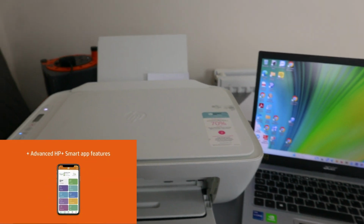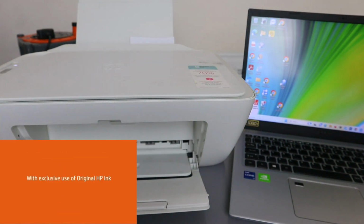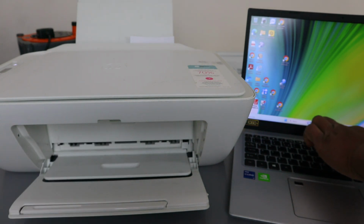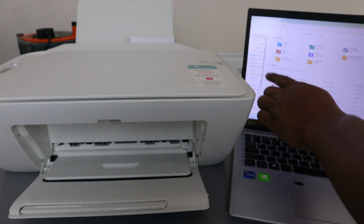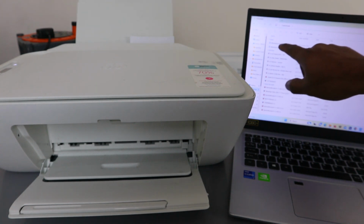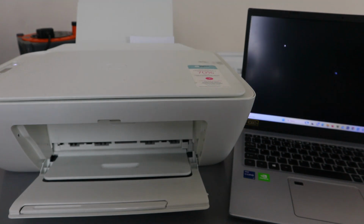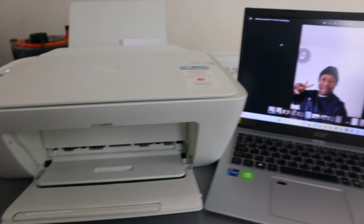Okay, now to print photo from your laptop, wherever you saved the photo, you need to go to where you saved the photo. Okay, so I'm going to print this. So go to your file. Okay, now go to download. I saved the photo I want to print out in the download section. So it's a WhatsApp image. So select the photo you want to print out, select on it, and this is the photo that I want